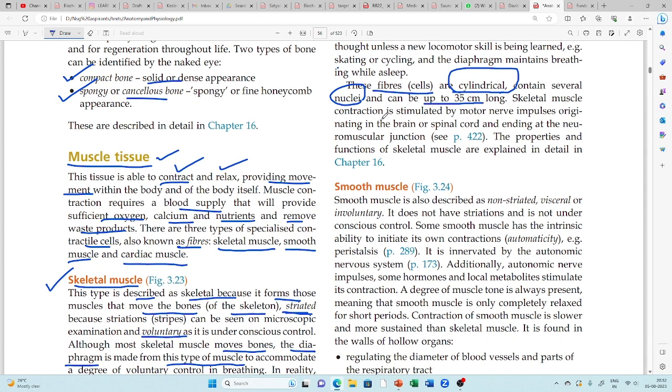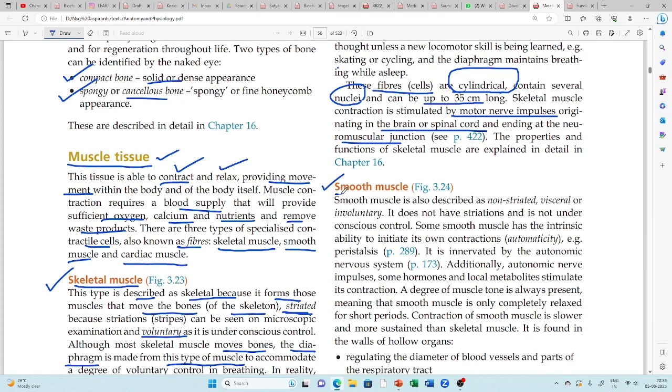Skeletal muscle contraction is stimulated by motor nerve impulses originating in the brain and spinal cord and ending in the neuromuscular junction. All that we need not study now. We will study it once we study the nervous system and anatomy and physiology. Now we just study the characteristics of skeletal muscle. Next,